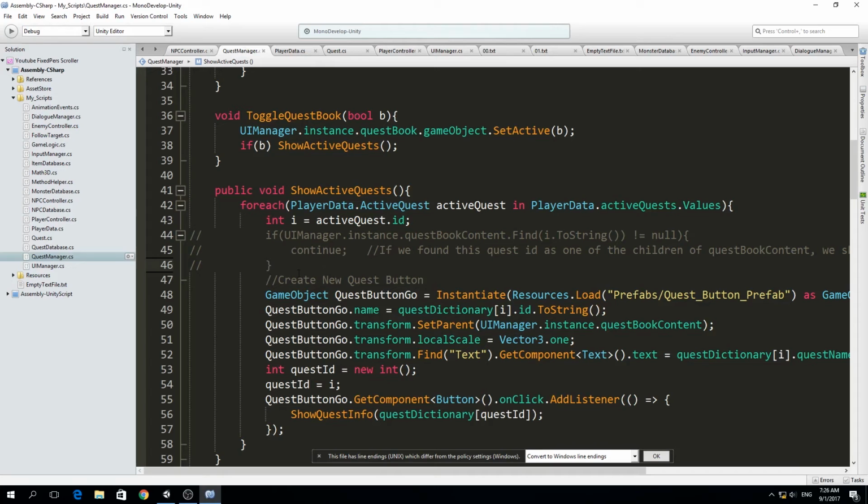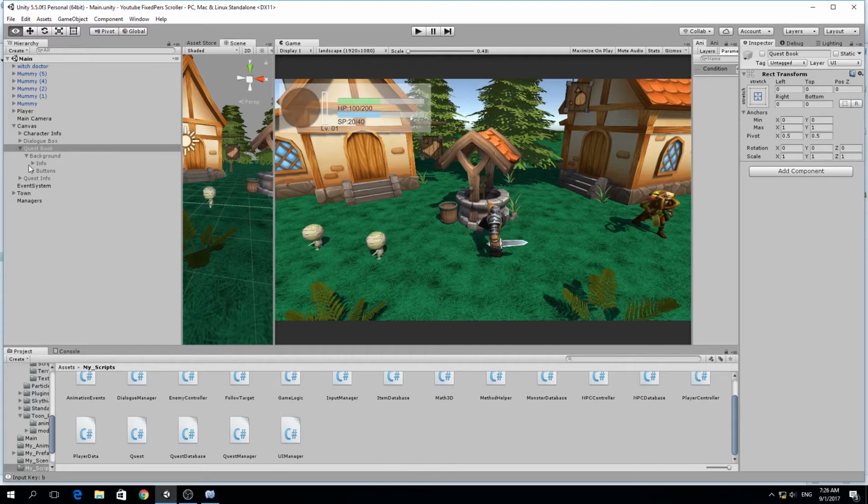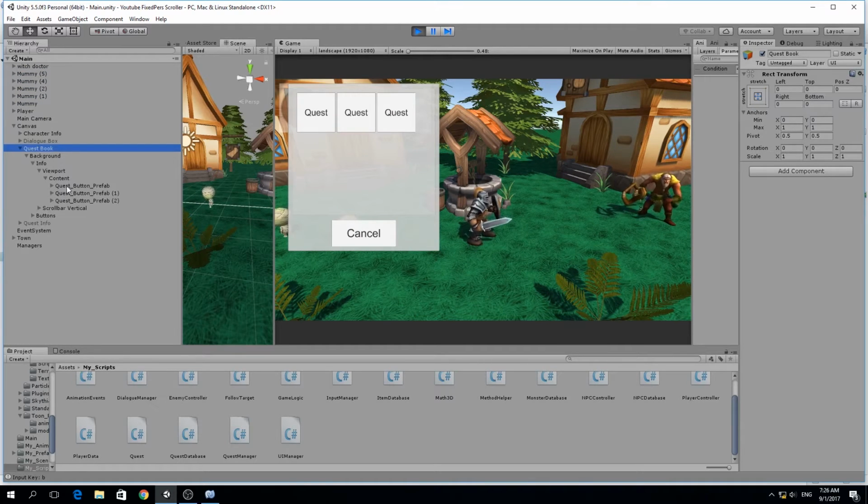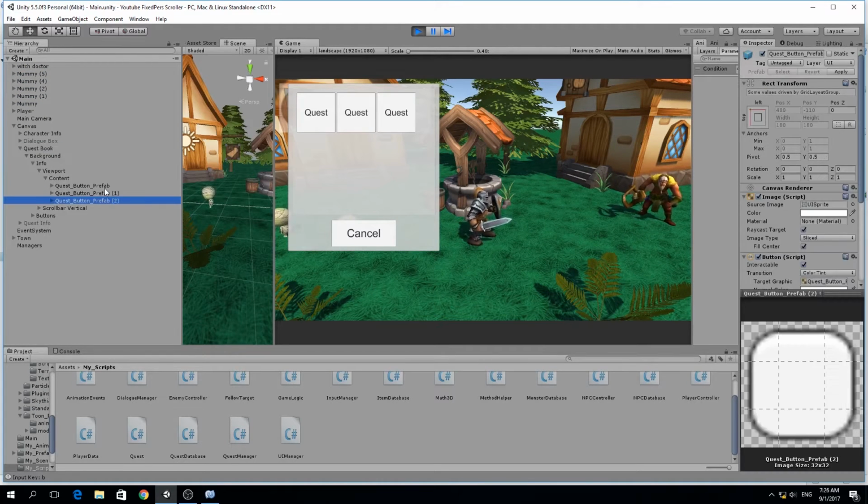So what we do to fix it is we find the quest book, the quest book content that we have in the UI Manager instance. We find the quest book, and then we find, because we can find a transform, right? So we find this, because this quest book here, info viewport content, here you can see all the quests,